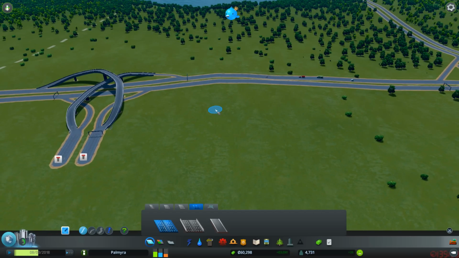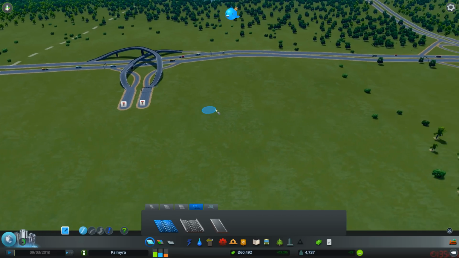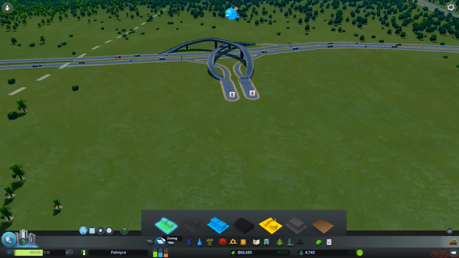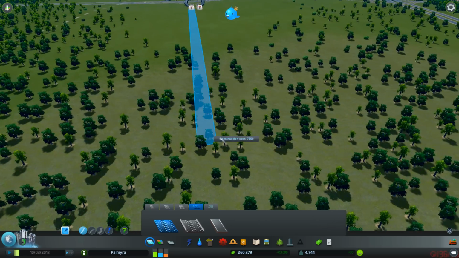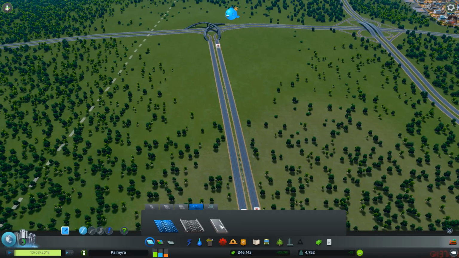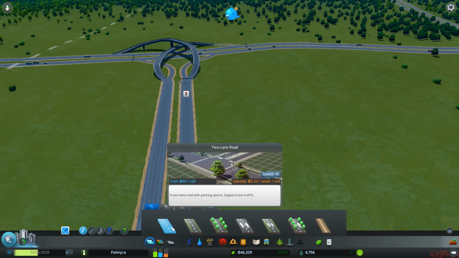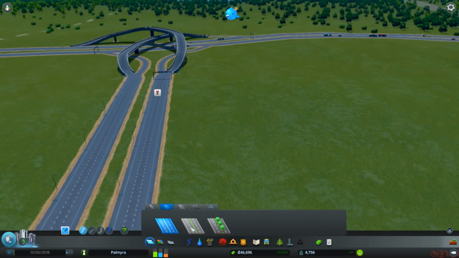Done. Alright. So, we now have this place that we'll be building into an oil area. So, let's start. It's probably a bit far, but that's okay. Now, this is going to be a fairly heavy-duty industry region, so...